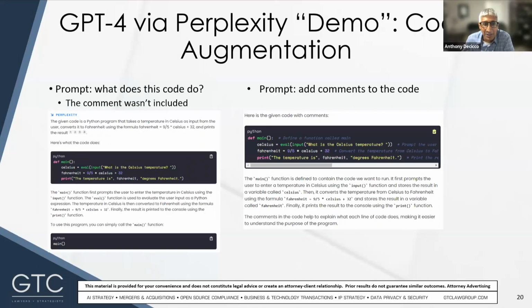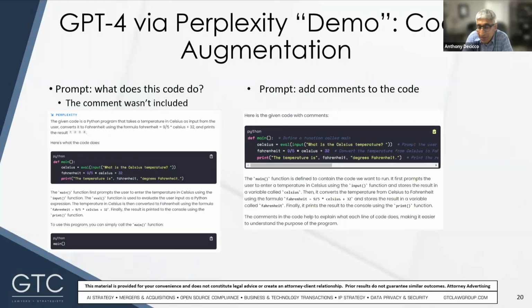And then GPT-4 generated the output that's there on the slide, basically saying this code is Python code. It takes temperature in Celsius as input from a user, it converts it to Fahrenheit, and then the output from the tool here even includes the mathematical function needed for computing the conversion. On the right, we gave it another prompt, and we asked it to add comments to the code. This type of documentation is a crucial step, but as many in the audience know, most programmers don't like to do it.